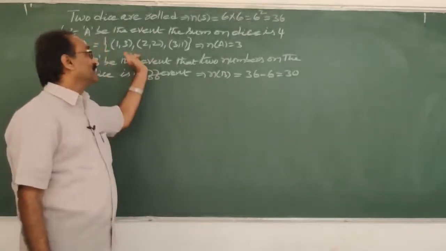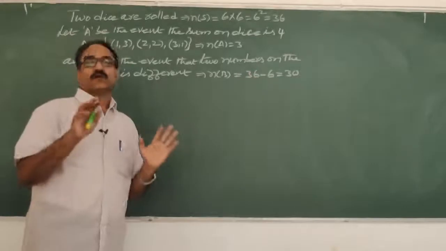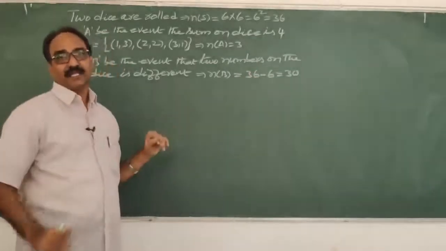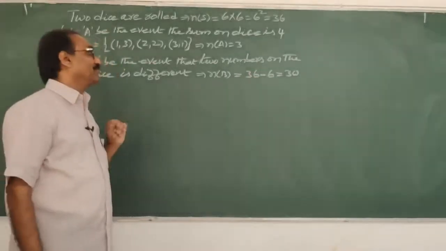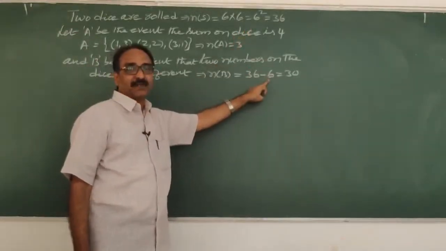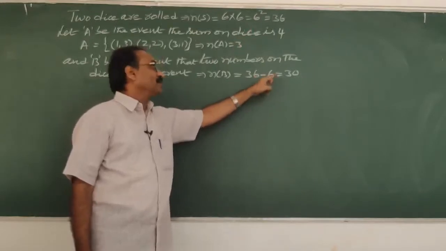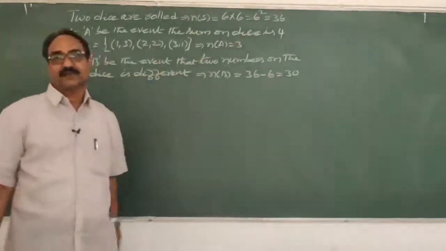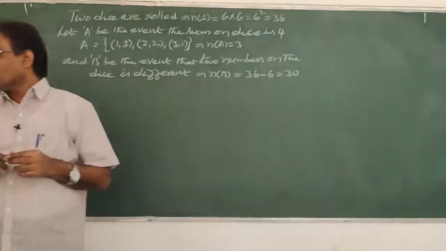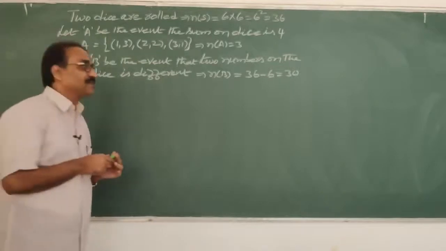If it is small, I used to show. If it is big, technically I am explaining what you have to learn. You cannot write 30 by sitting there. So 36 total are there, and 6 are the same, where the numbers on the two dice are the same. That we also call a doublet. So 36 minus 6, 30 numbers are there which are different on the two dice. Okay, now what is the problem? We have to see whether any intersection is there first of all.